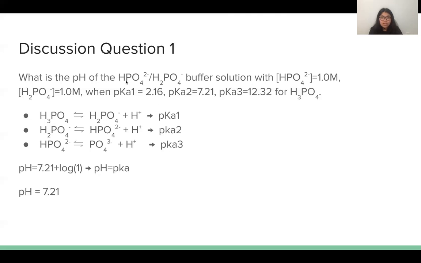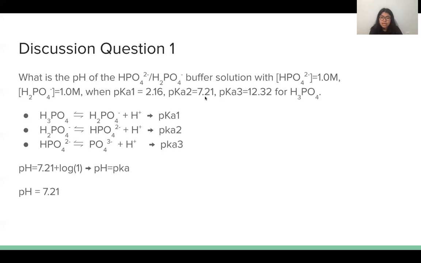So knowing that we're looking at HPO4 2- and H2PO4-, which pKa would we use for our Henderson-Hasselbalch equation? In this case, because we're looking at HPO4 2- and H2PO4-, we're going to be looking at our pKa2, right? So we're going to be taking 7.21. And if you remember from the previous slide, it's